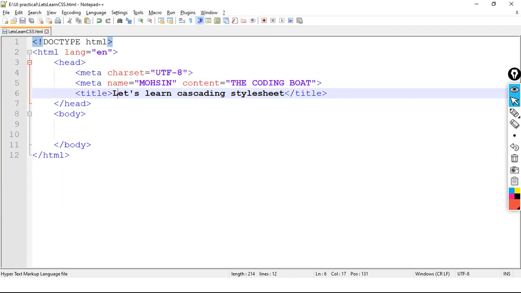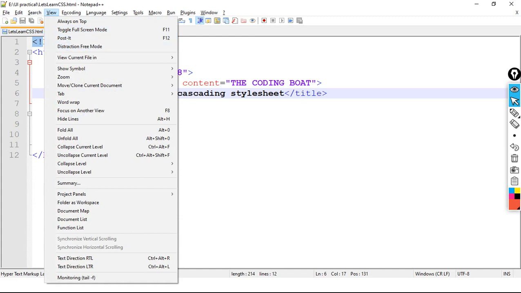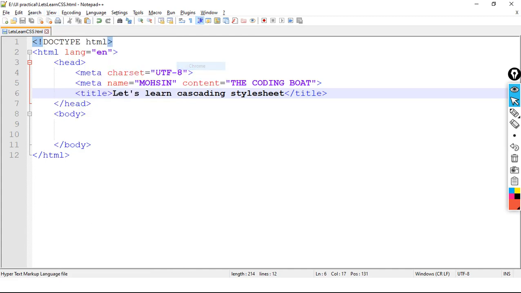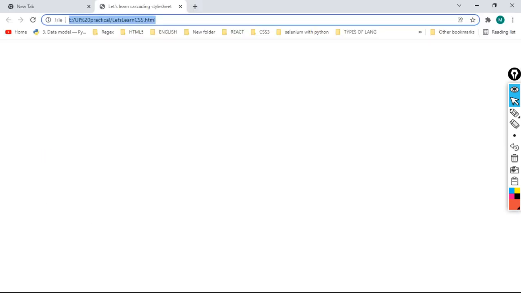This is the name of our file, and here we are going to execute our current HTML code. We don't have anything in the body section, so here we have only the title of the page, let's learn cascading style sheet.